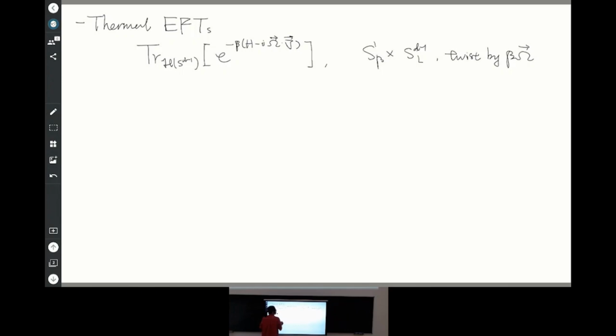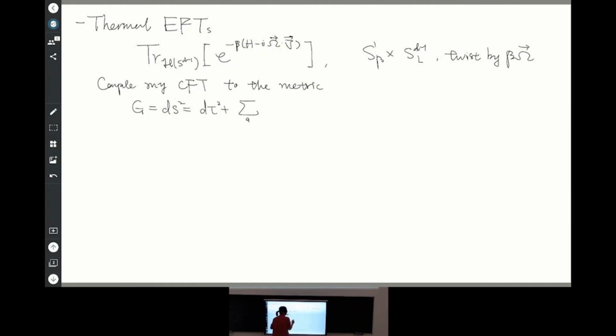So more concretely, I want to couple my CFT to the following metric, which is ds squared plus